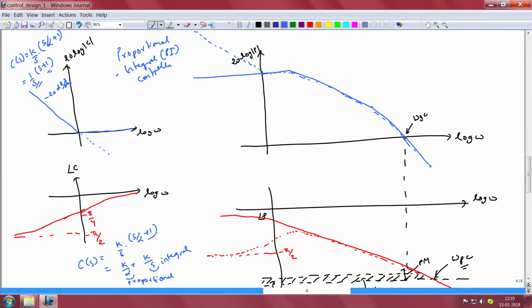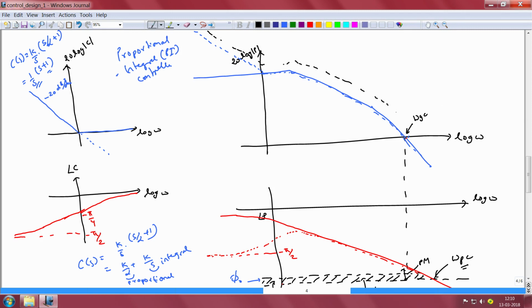Now, suppose we return to the PI controller and say we have done the best that we can with it. If we return to the Bode plot of the PI controller, the magnitude characteristics result in the same gain crossover frequency as that of the plant, and therefore the phase margin is exactly that of the plant itself. The phase margin of the plant is a little bit more than the value phi naught that we set for ourselves as a minimum phase margin to maintain in the course of our design. So, this allows us to increase the gain a little bit further, so that the magnitude characteristics will look something like this.